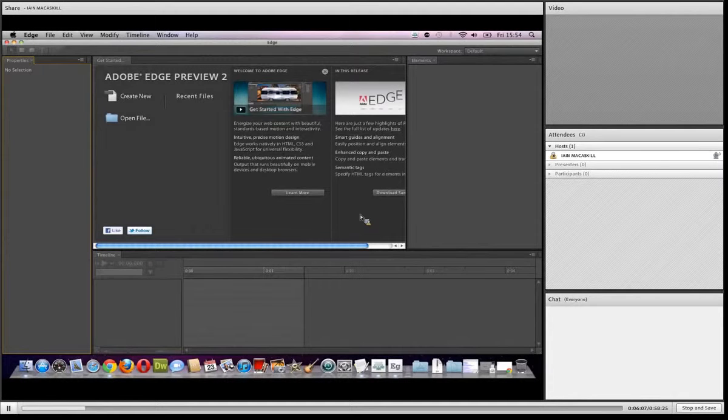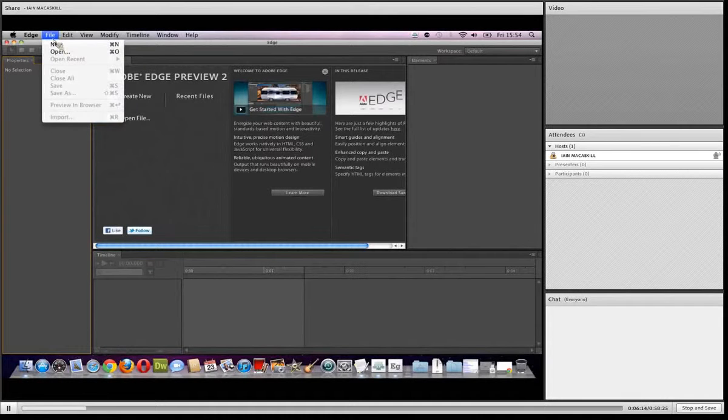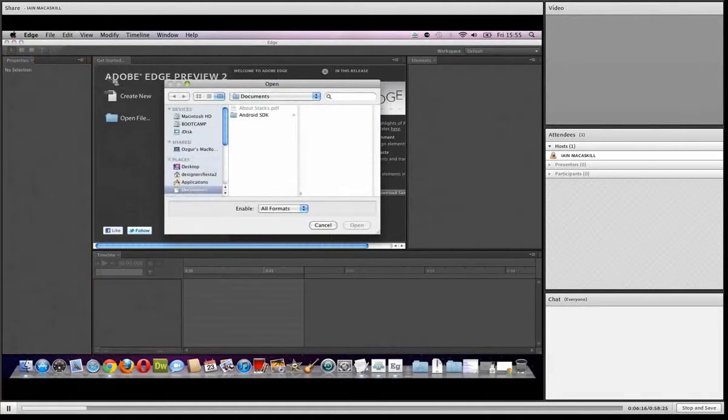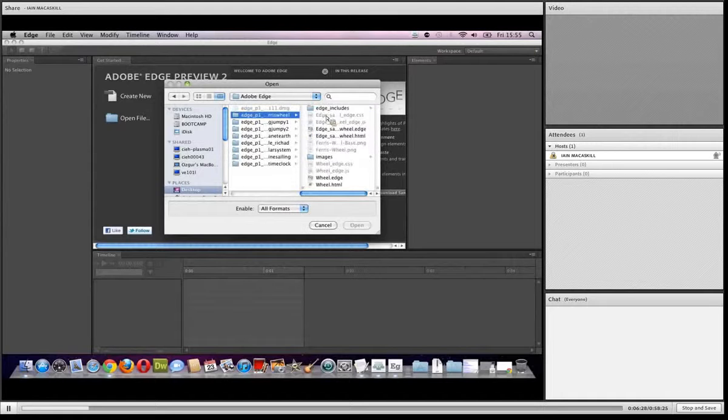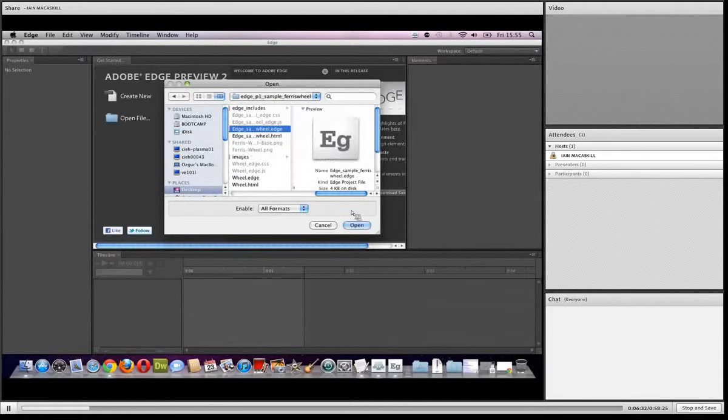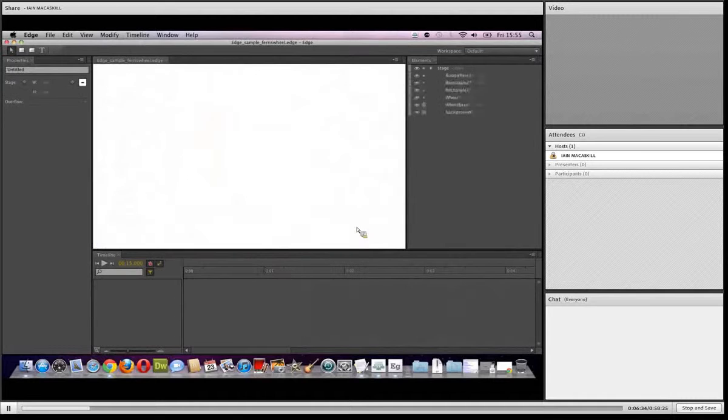Right, so that's the interface there. I'm going to open up a finished example that was created. If I choose open, on the desktop, again, if you go to the Edge website, they've got all these files ready for you to use and download, or you can download them from the link that I gave you earlier this morning. If I go to Adobe Edge, here's an example, and if I open up .edge and choose open,